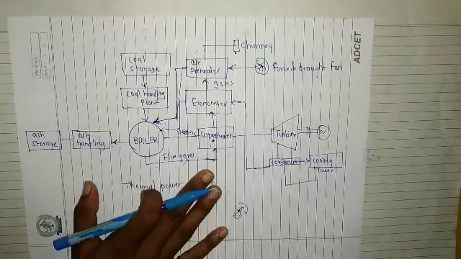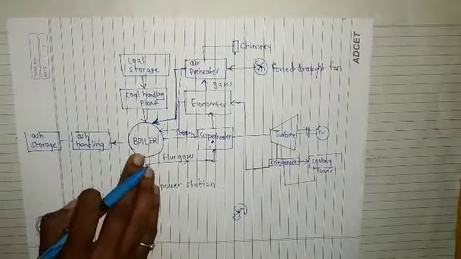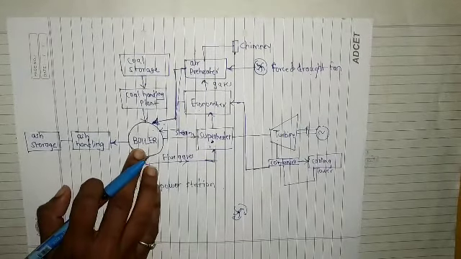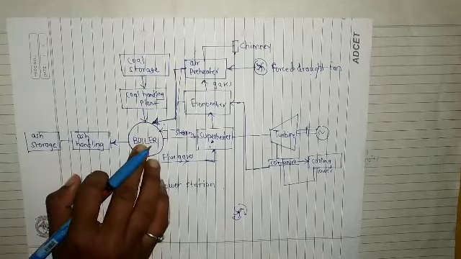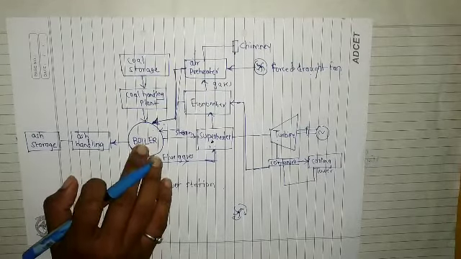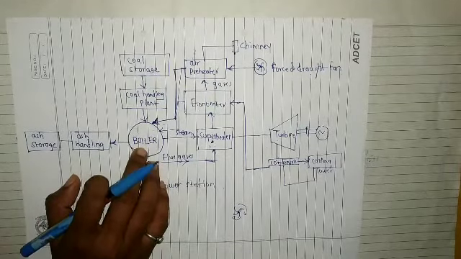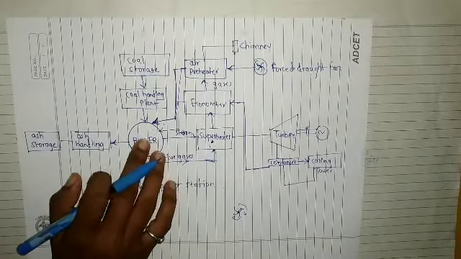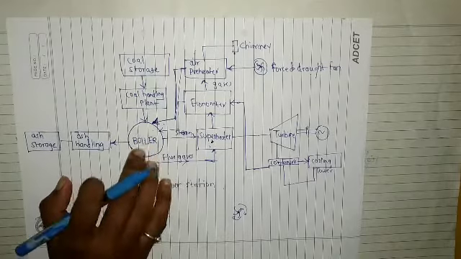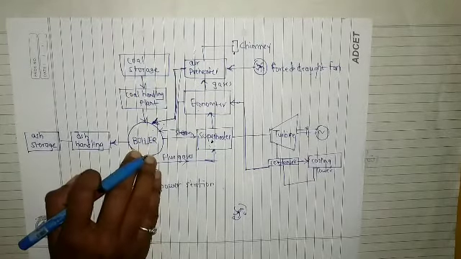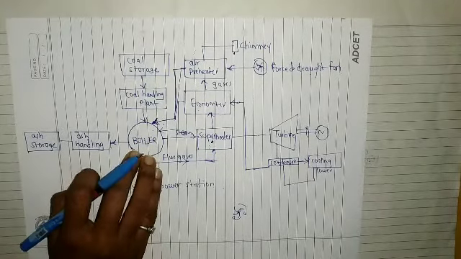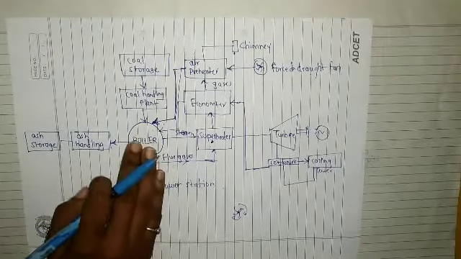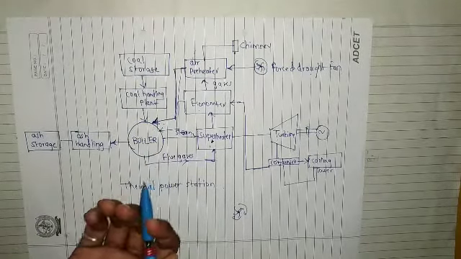And the main disadvantage is what? In the boiler, what are we doing? We are burning the coal. Due to this, air pollution happens, and ash, smoke and gases are produced. So this is the main disadvantage. You have to remember it. There is no need to remember, it is very easy to understand this.